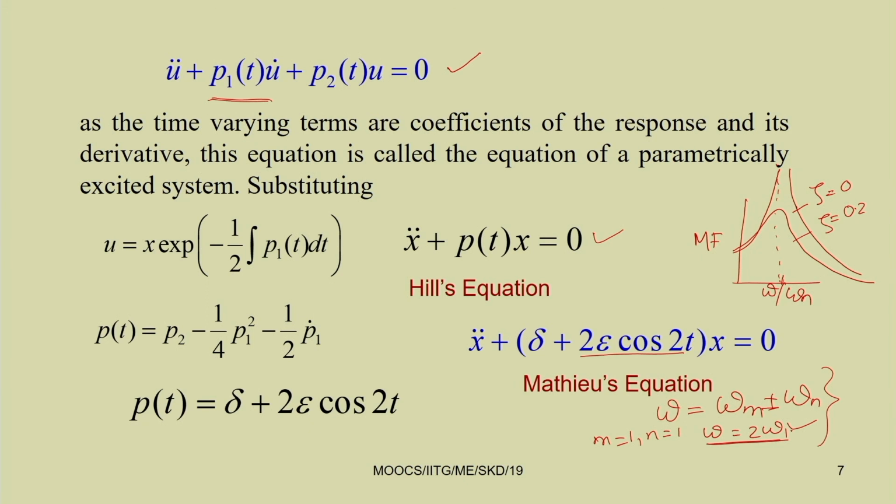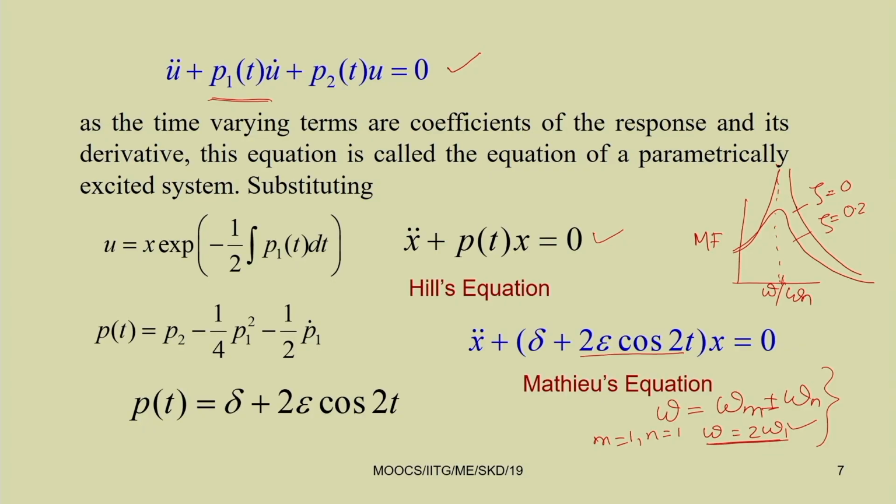In this case you have seen that when the frequency is away from the natural frequency, we are getting the resonance condition. Particularly, we find the resonance condition when it is twice the natural frequency, which is known as the principal parametric resonance condition, and also when it is a combination of different modes, which may be of sum type or difference type.